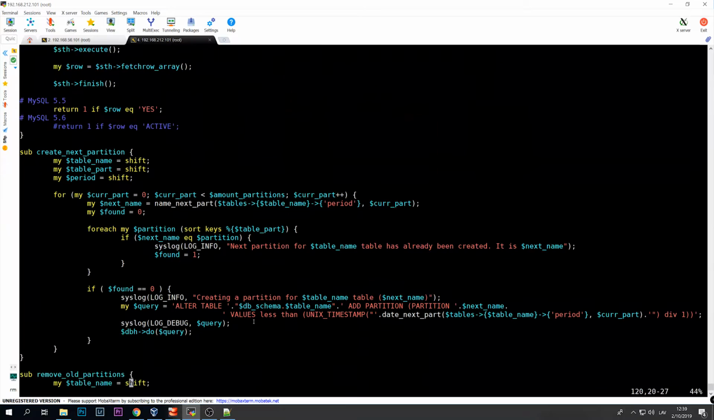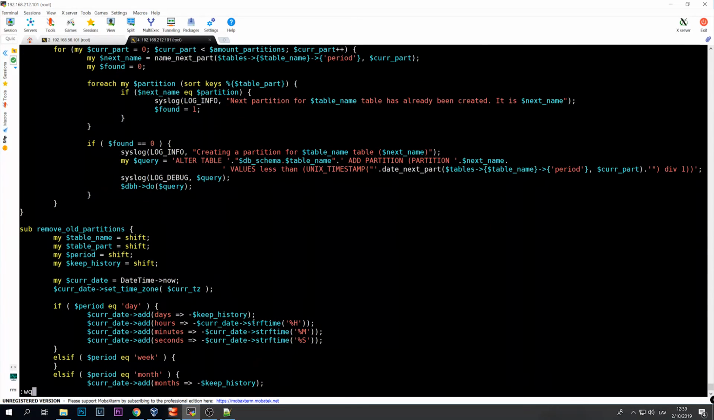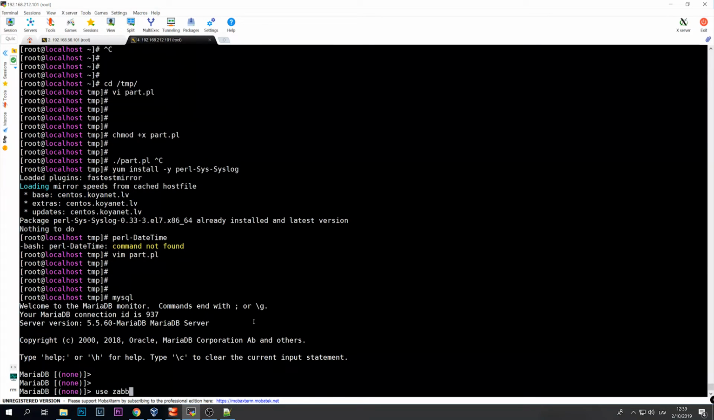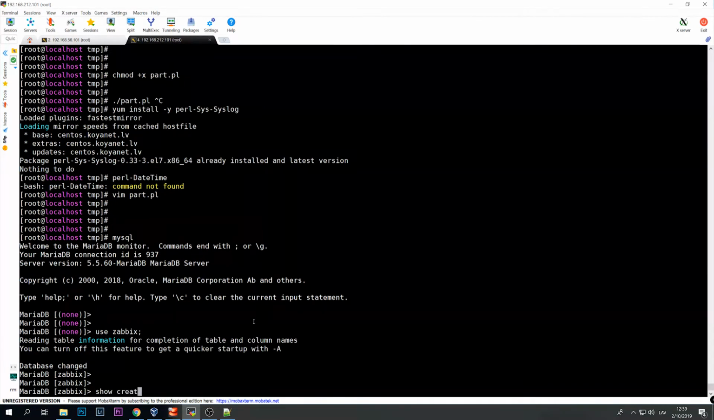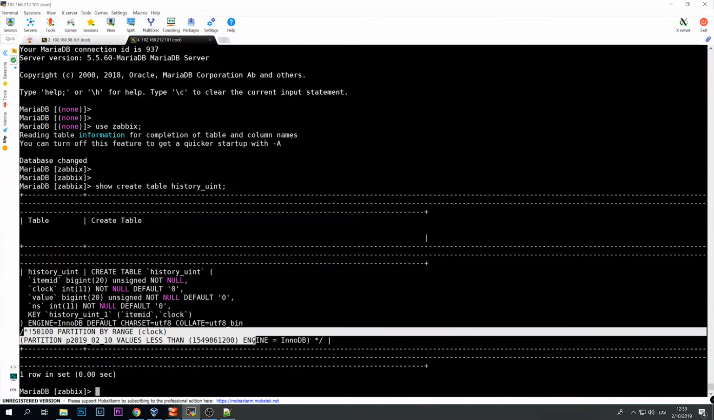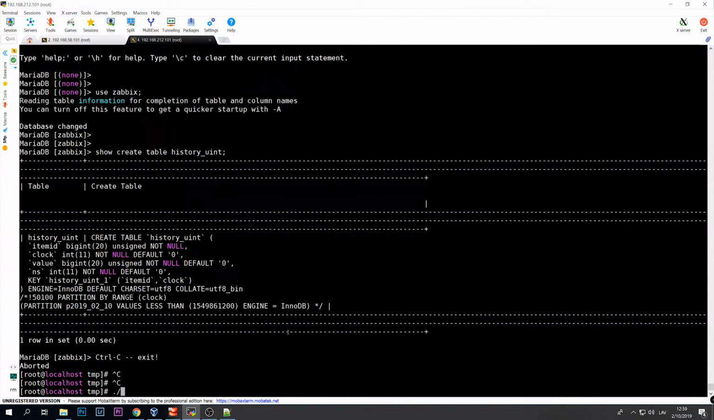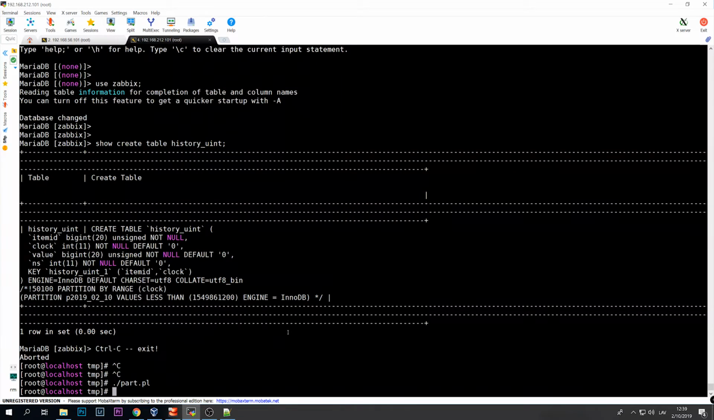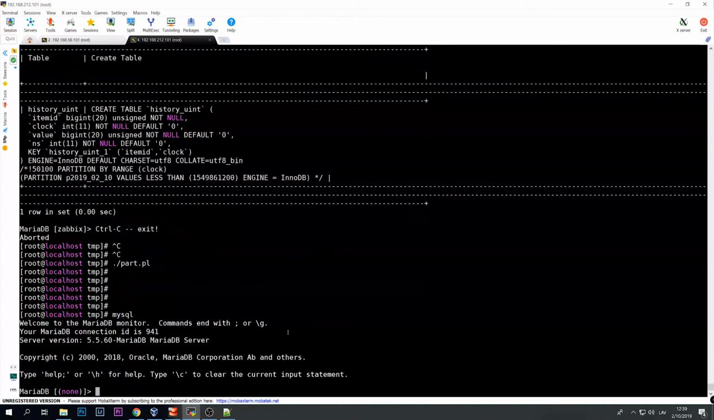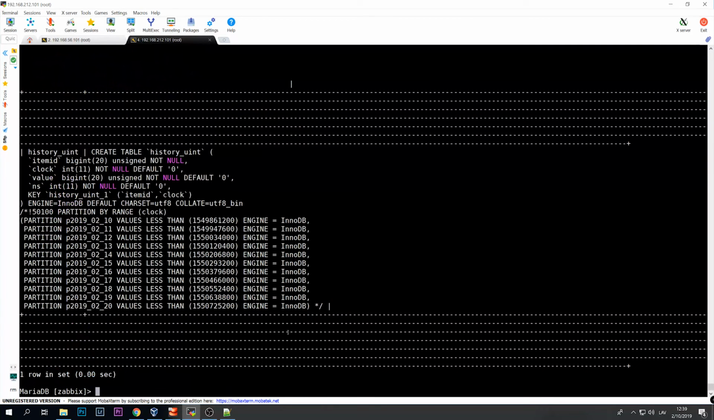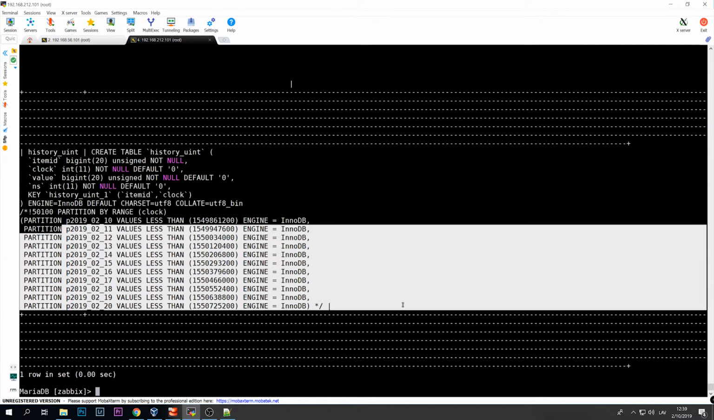So that's about it. We can save the script, so I've made the changes. Then let's check once again. MySQL, use Zabbix, show create table history uint. I have one partition for today, and in this partition I have my data. So let's run the script. Partition PL, it executed pretty fast without any messages. Let's go back to the database, use Zabbix, show create table history uint, and you see I have 10 partitions